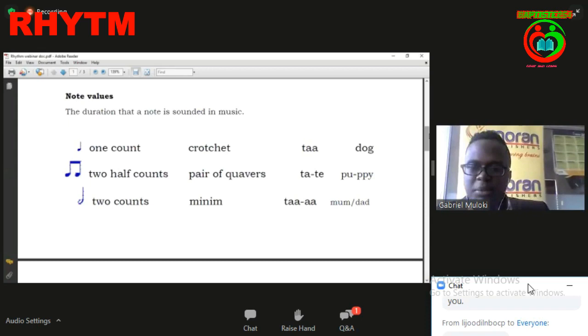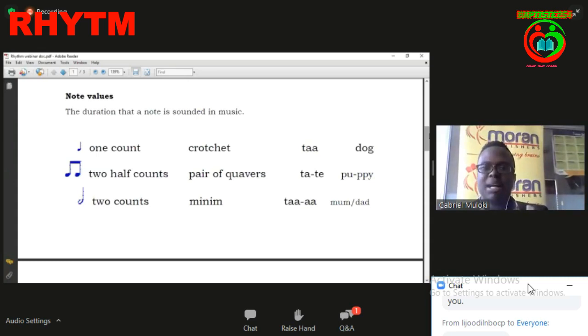So here the minim also has 1 syllable, but remember, you can ask learners, there is a way. If you hoot for long, it has a meaning. If you hoot for short, it also has a meaning. And for the learners also, when they use the word mom, if they call mom for long or for short, it also has its own meaning. If they use just mom in 1 syllable, that is a very serious statement that the daughter or son wants to make. But if they call you using